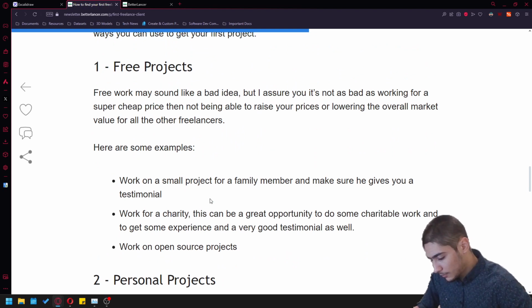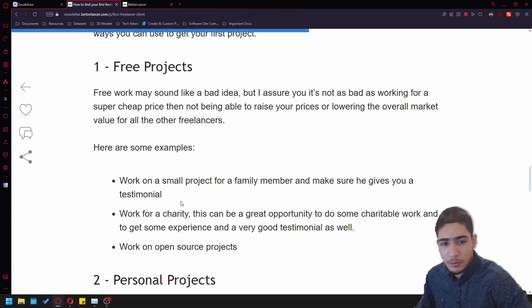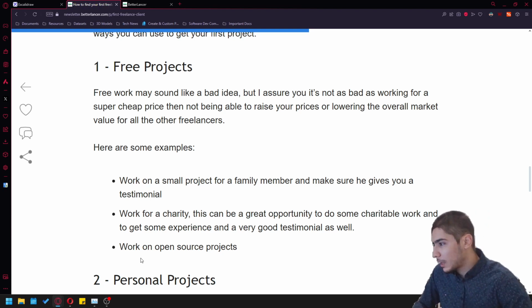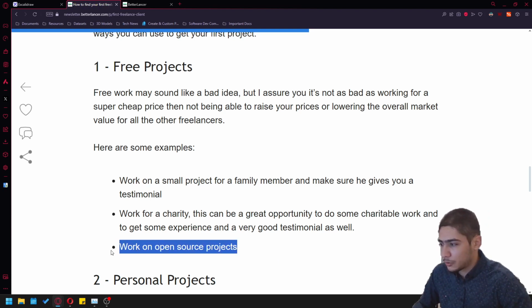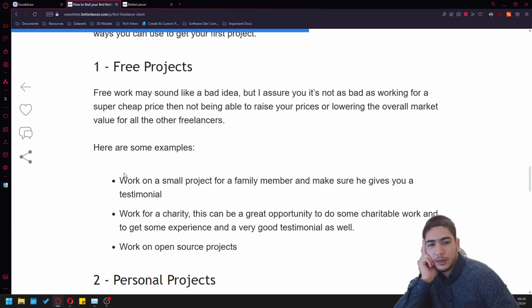So, free work. Free work is quite important because this gets you as close as possible to real world experience. Because you're working on a real world project, because let's say your family member or a charity needs something. So you work with them. It's practically freelance work, but for free. And of course, you can also work on open source projects. This is also kind of free work. So these three things, why I kind of recommend free work is